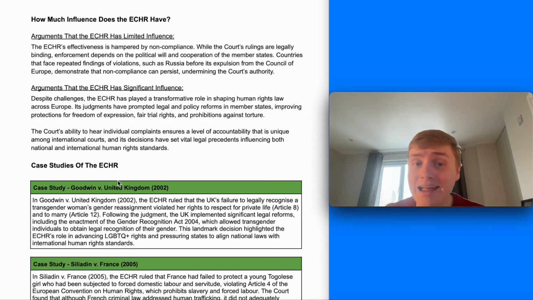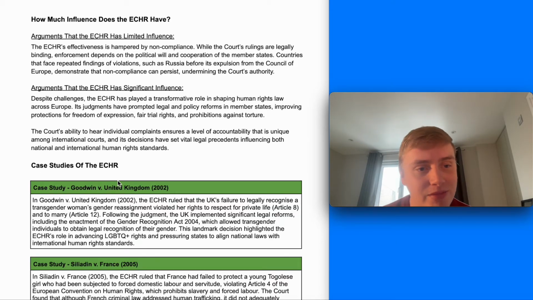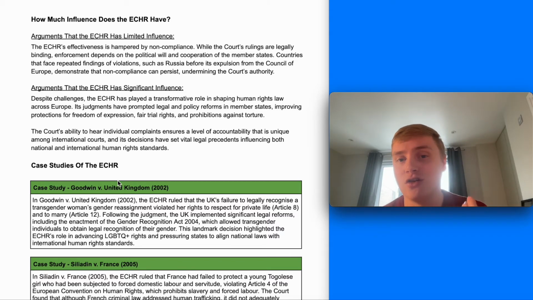Its judgments have led to legal and policy reforms in a number of countries that have improved the upholding of human rights, and its ability to hear individual complaints ensures a level of accountability that's unique among international courts. On the other hand, crucially, its effectiveness is hampered by non-compliance. So while the court's rulings are legally binding, enforcement depends on the political will and cooperation of the member state,